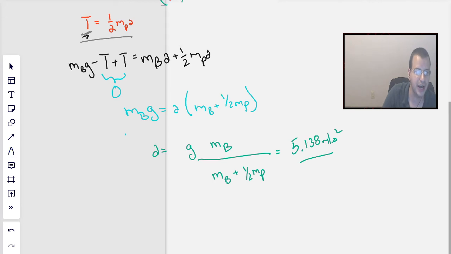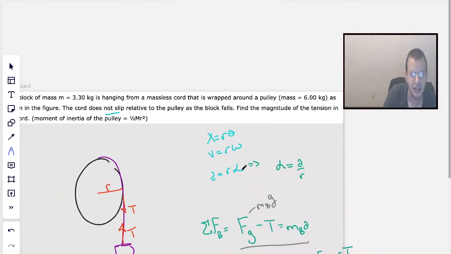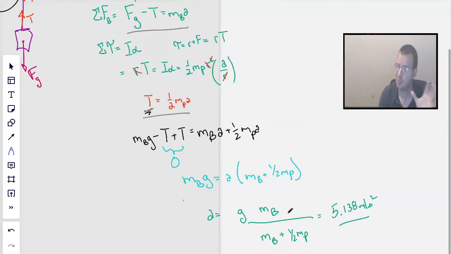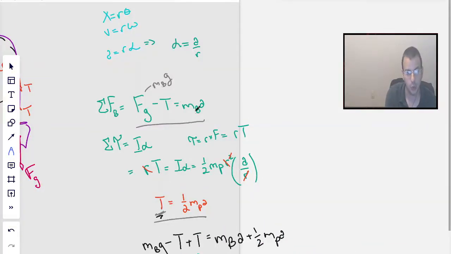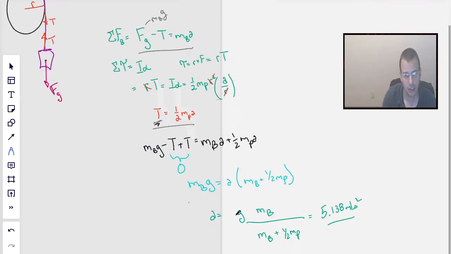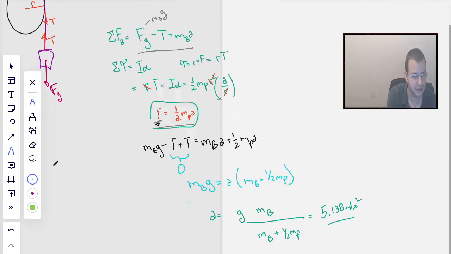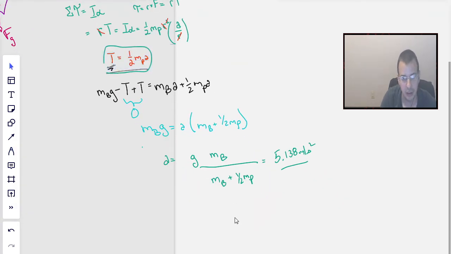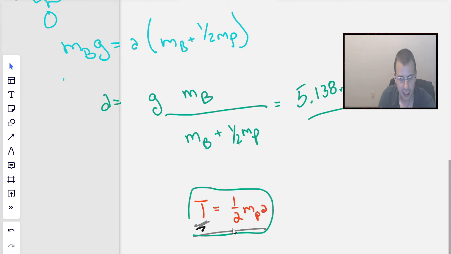So now, what are we trying to find? Find the magnitude of the tension in the cord. So we don't care about the acceleration per se, we care about the tension. But we have two equations up here with tension, so we can go back up and find it. The one I'm going to use is the second one right here, just because it's easiest. So I'm going to take this equation, which we already found, move it down here,